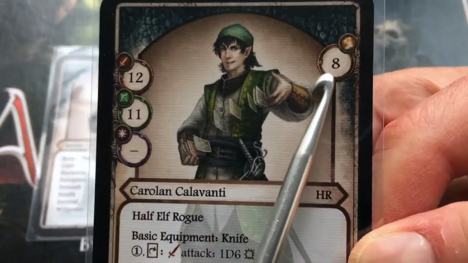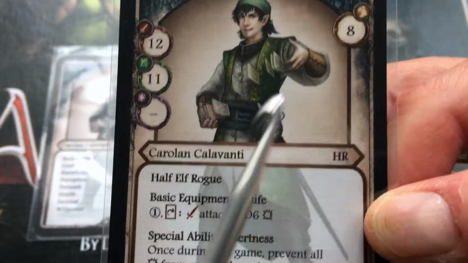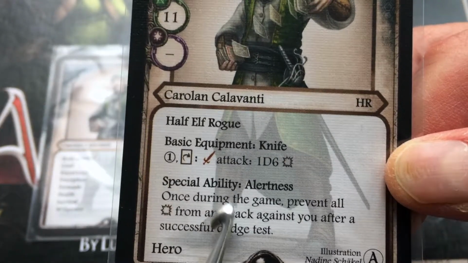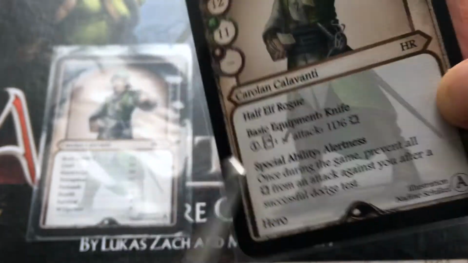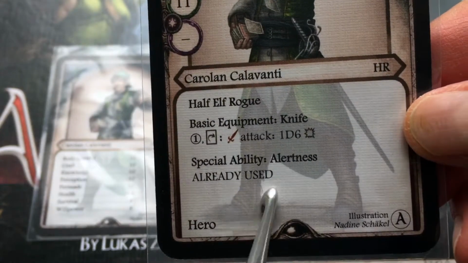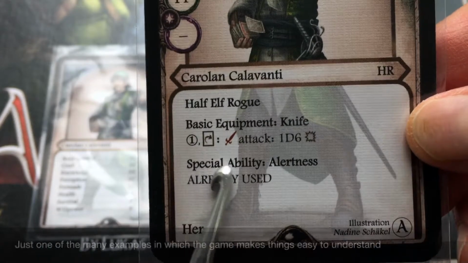So I mentioned if you dodge something, you are cutting the number of wounds in half. In his case, if he wants to get rid of all of them altogether, he can use his special ability once during the game. Once he has used that, you then flip the card over. These values are all the same, but it indicates here that his alertness special ability has already been